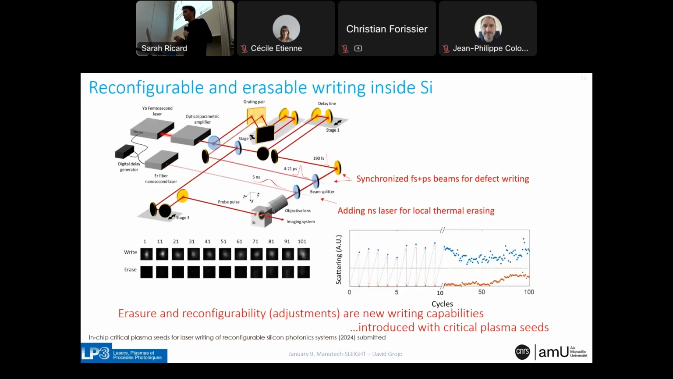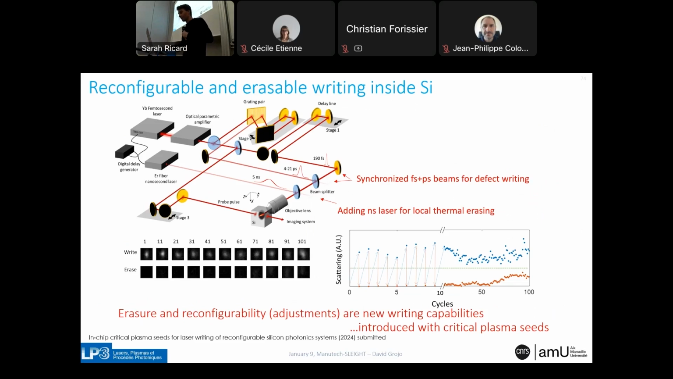So since we modify silicon by defect formation, we can also relax these defects. Just by thermal treatment, we can erase these defects inside silicon. In the experiment, after writing with femtosecond or picosecond pulses, we can apply a nanosecond laser pulse to heat locally and erase the spot we have previously produced. So in this experiment, we show that by combining the two irradiation approaches, we were able to cycle, writing and erasing the structures inside silicon, more than 100 times. That gives immediately